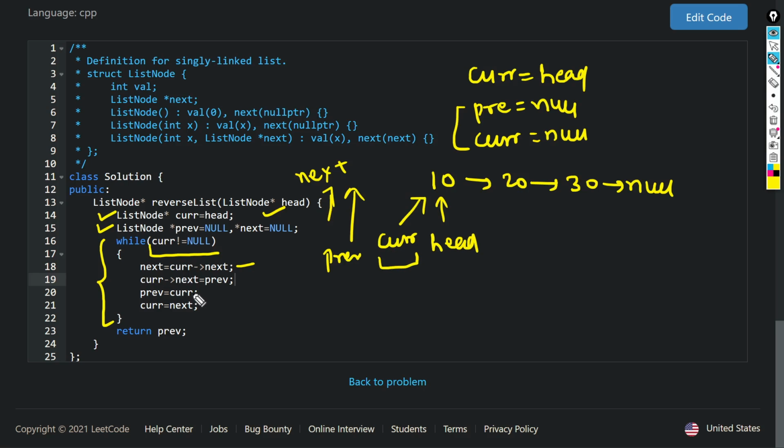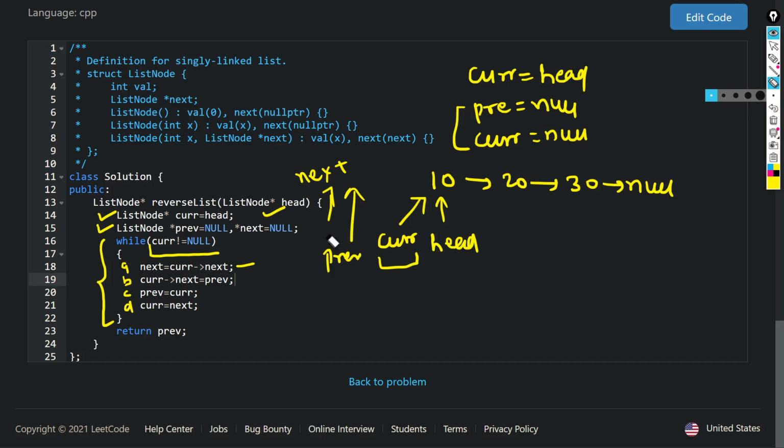All right, and next we can assign current next into next. After the first step, I will write down the steps here: a, b, c and d. So after the first step a, next will be equal to current next.